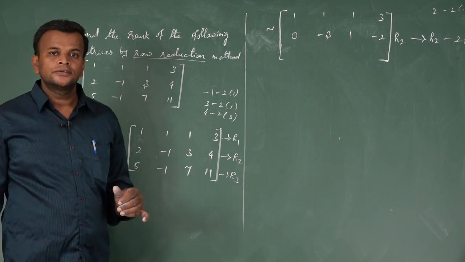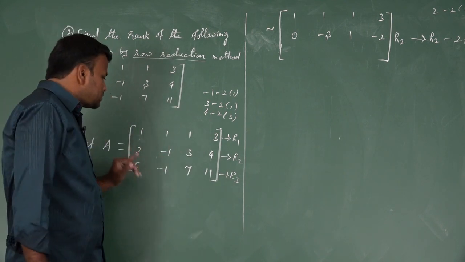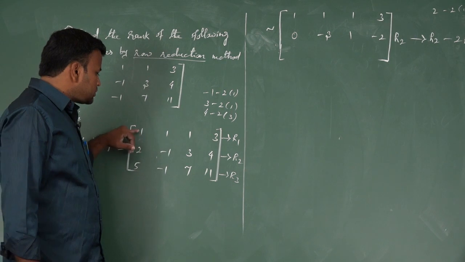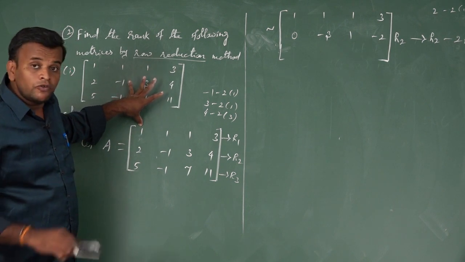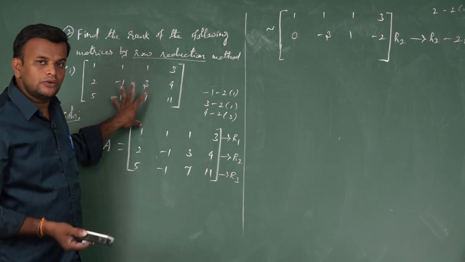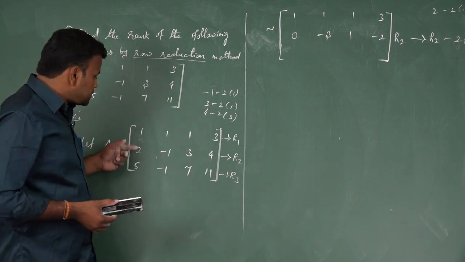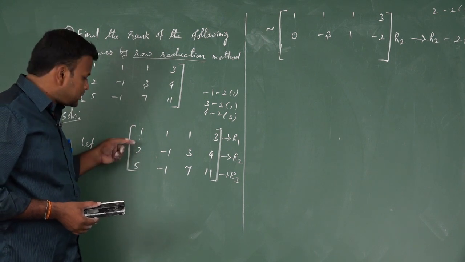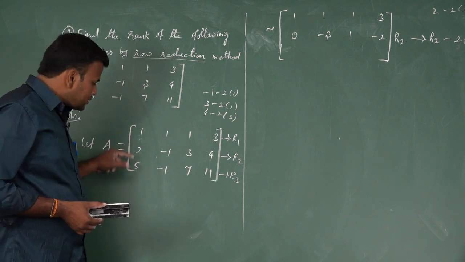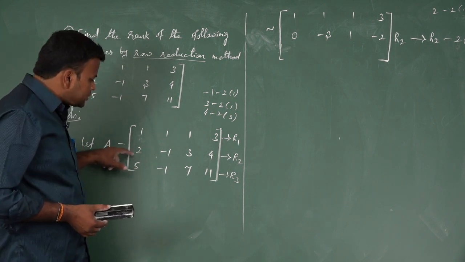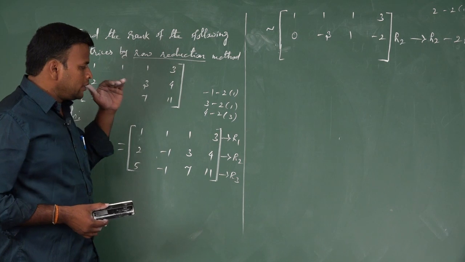So now I consider R3 with R1 or R2. But it is easy to consider R3 and R1, because in R1 just 1 is there. Suppose I multiply the first row by 5, the element 1 becomes 5, so 5 minus 5 becomes 0. Sir, can I consider the second row and third row? Yes, we can, but we interchange the elements. Suppose we consider the second row and third row: the third row fully multiplied by the number 2, and the second row fully multiplied by the number 5. But it is easy to consider R1 and R3.